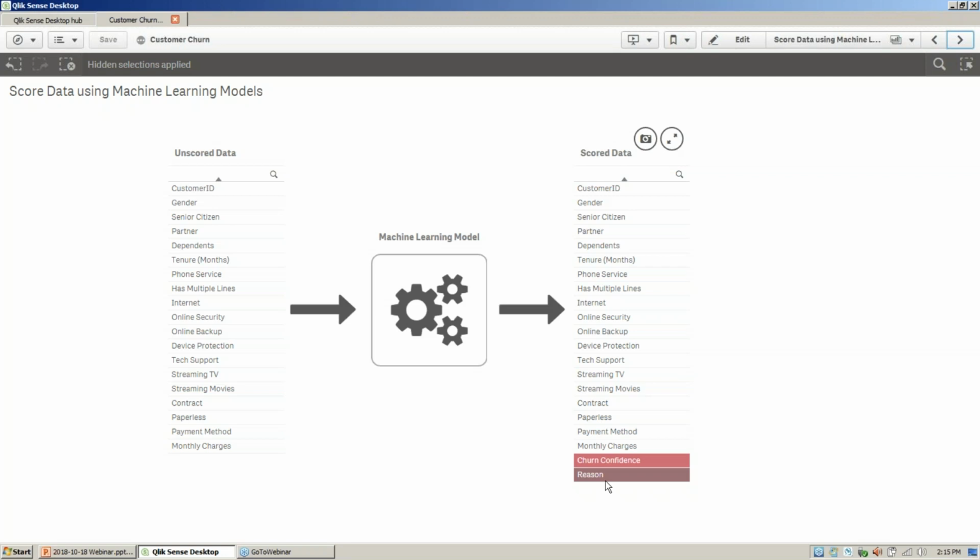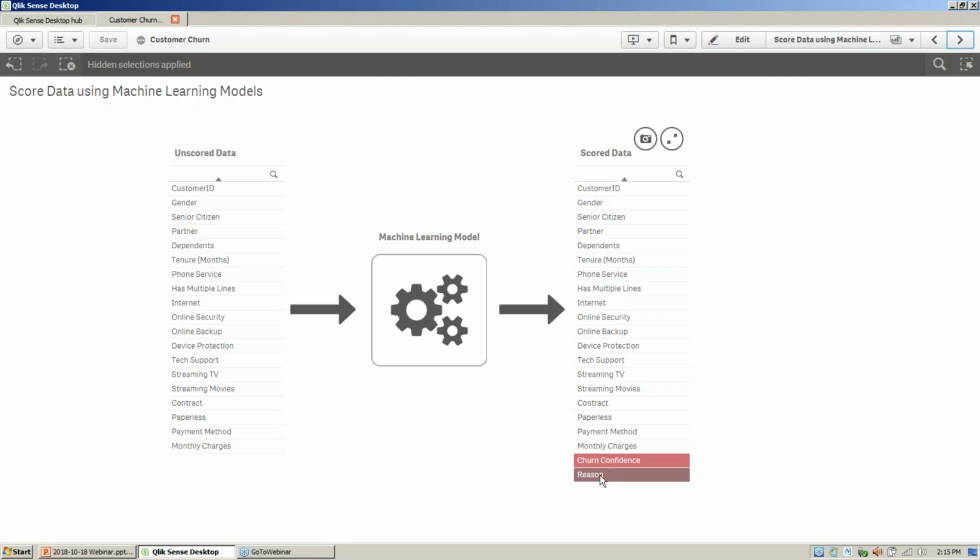Now, typically that number is between 0 and 1. Sometimes it's -1 to 1. It could be however you define it. But for the sake of this example, it's between 0 and 1. And the closer you get to 1, the more likely that the machine has predicted that person is going to churn. Now, depending on the tool you're using or the model that you've written, also coming out with that output is a reason why. And if we can start seeing patterns among those reasons, this is how we can start creating our profile, which, remember, is our goal here today: to find the profile of people that are going to churn and the profile of people who are not in our newest customers.